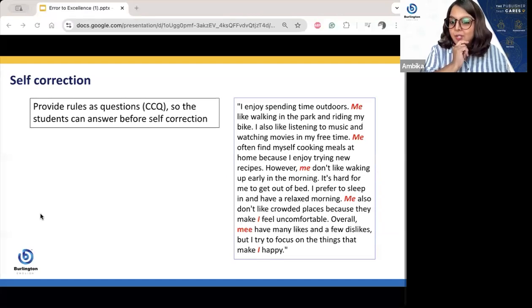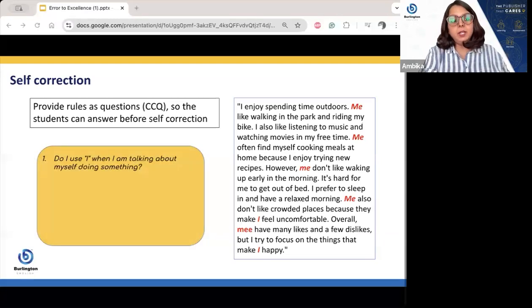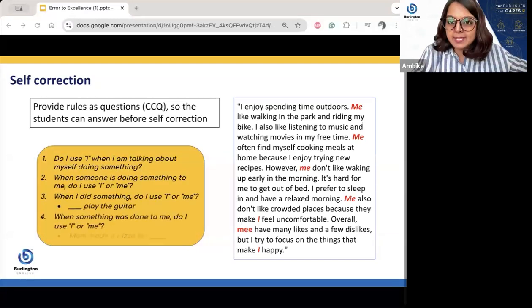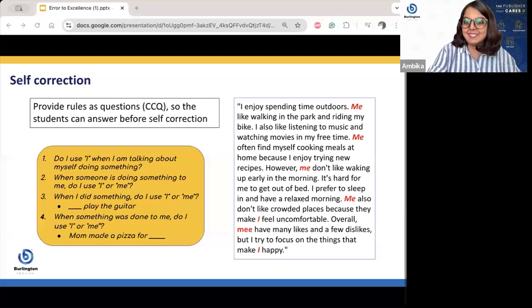So, that's your concept checking questions. What you could do for self correction is also give your students a set of questions. Instead of just giving them the answer right away, you can give them a set of questions which gets them to think as to what is the rule and how do I apply it in my